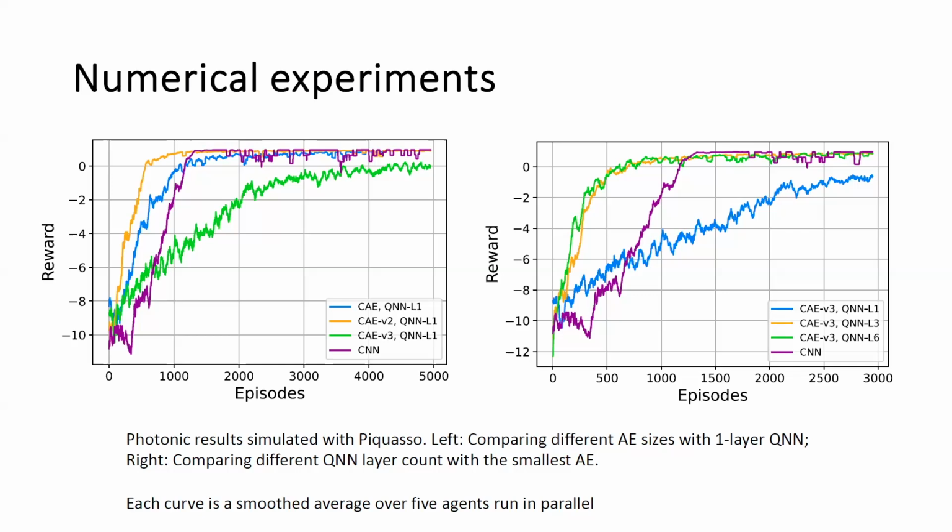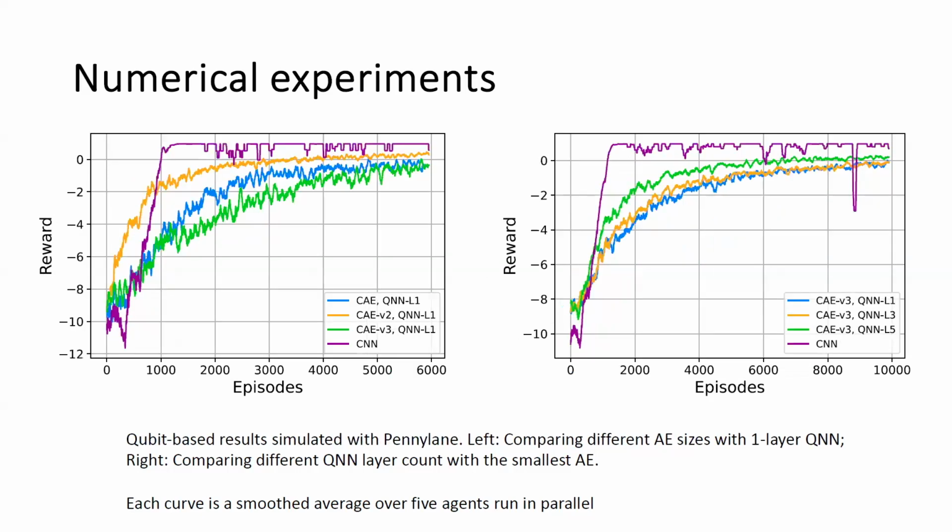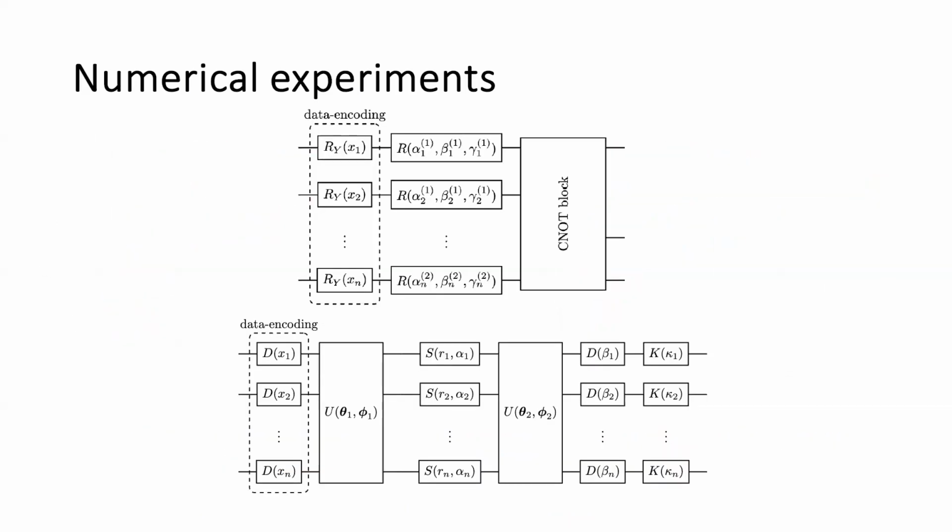Further questions from the audience? Sorry, please. So I assume that you have worked with exact gradients, but have you considered sampling from the distribution and using stochastic gradients? Right now we treat these qubits and qmodes as if they were perfect, and we use homodyne measurement, which is calculated by Piscasso, not sampled. And in the qubit setting, we use a computational basis measurement, so expectation values of Z operators. Okay, thank you.